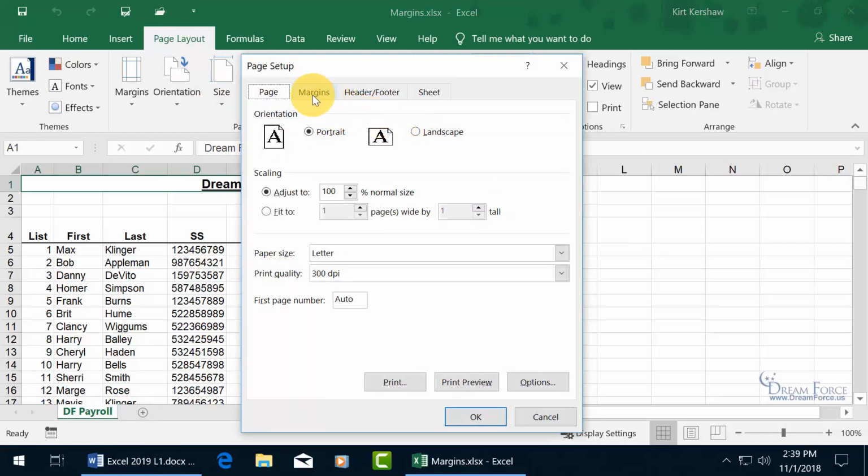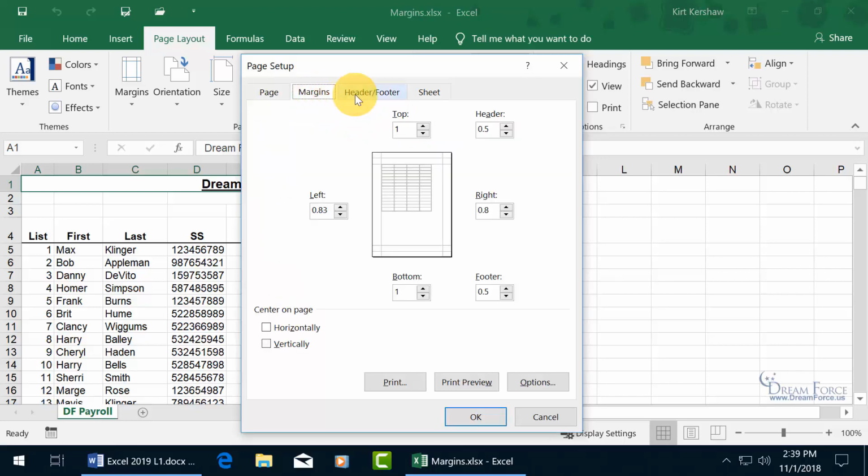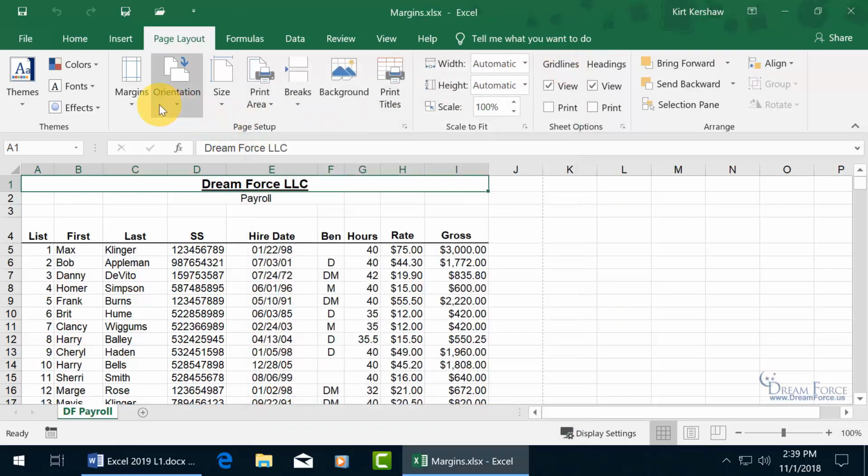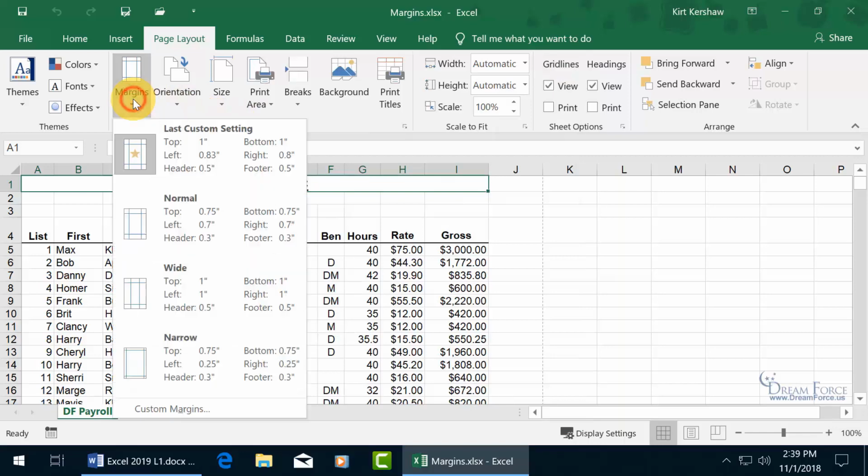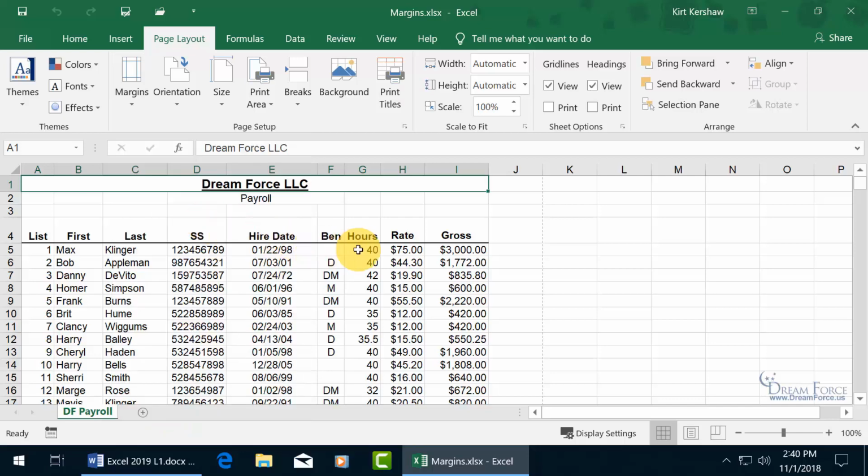Opens up the same window, the Page Setup. Go to the Margins tab, or close out. If you want to go with any presets, click on the Margins drop-down arrow, and okay, there's the custom, our current margin settings, and then we got something normal and wide, and then of course custom margin, which opens up the Page Setup window. So if I go to normal again, and as you recall in an earlier training video,